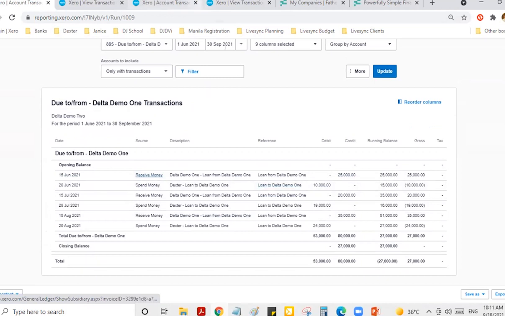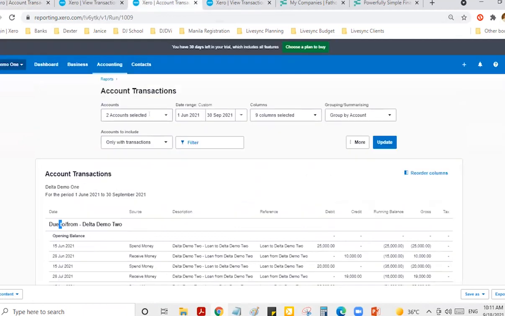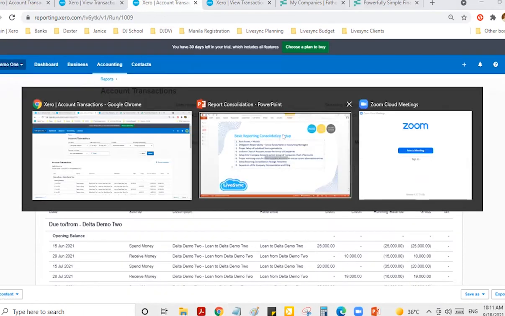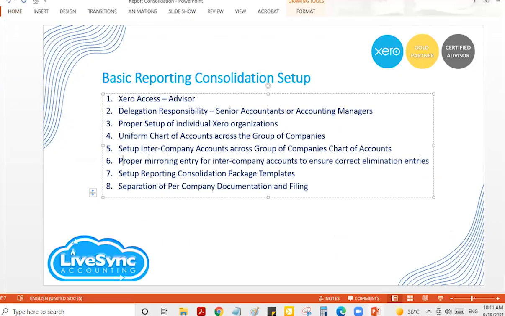So that is what we call the mirroring entry. And take note, I'm using the same code for each of them. So 895, and you would notice I'm using 895 as well on this. Yeah, 895. Okay, so make sure you do a proper entry of intercompany accounts transactions so that later you know